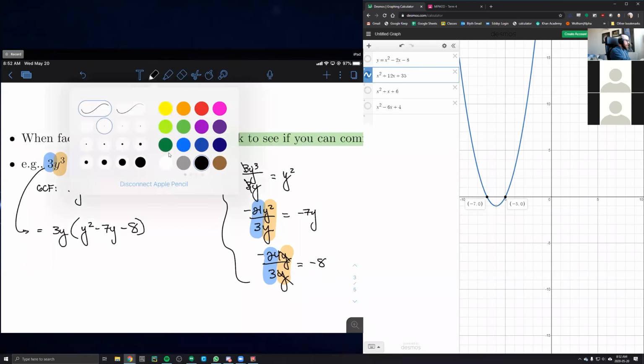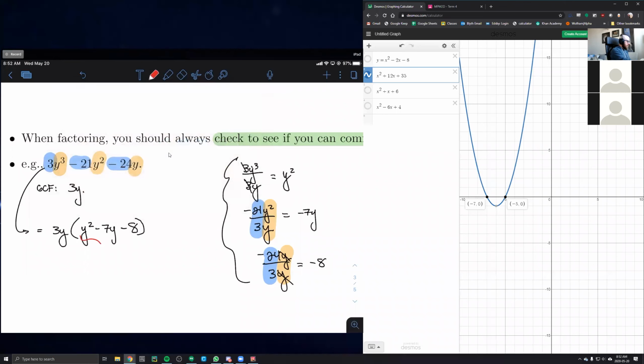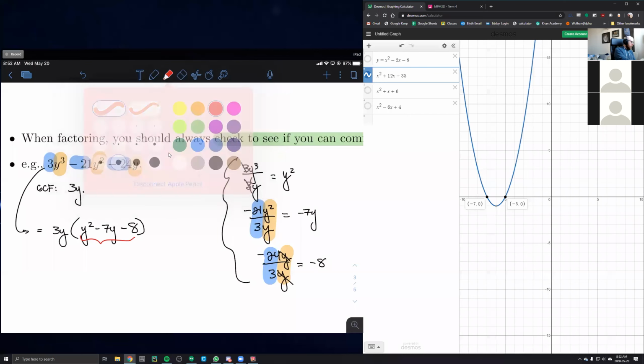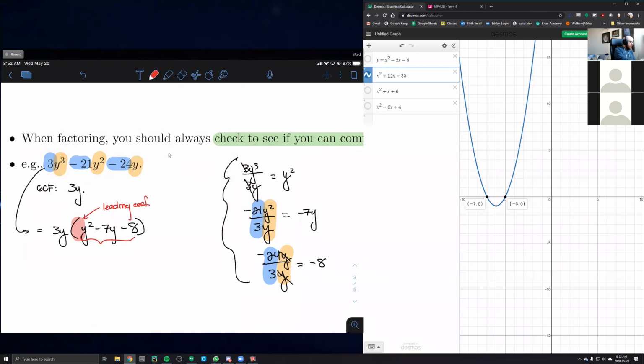And then looking at this, it's just a quadratic, right? And I notice also that the leading coefficient is 1, which means I'm allowed to use sum and product, right? Sum and product,